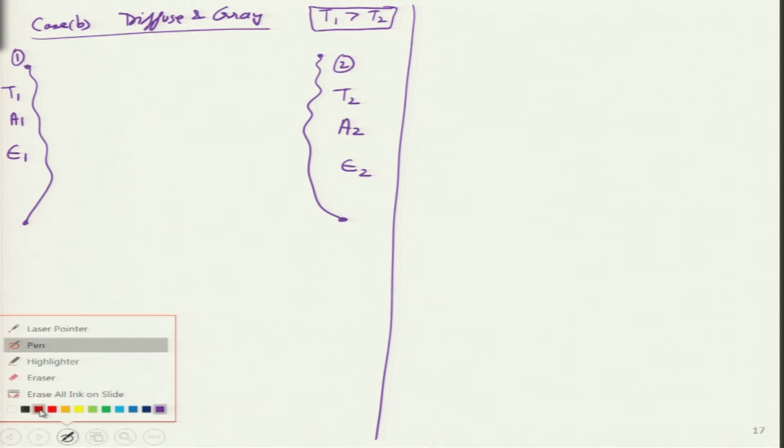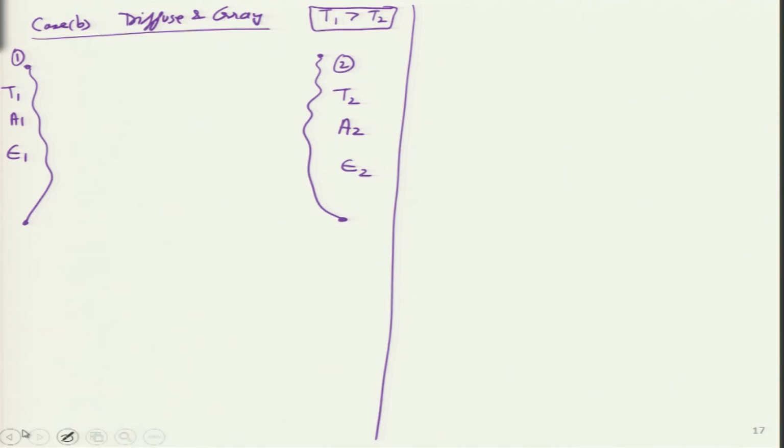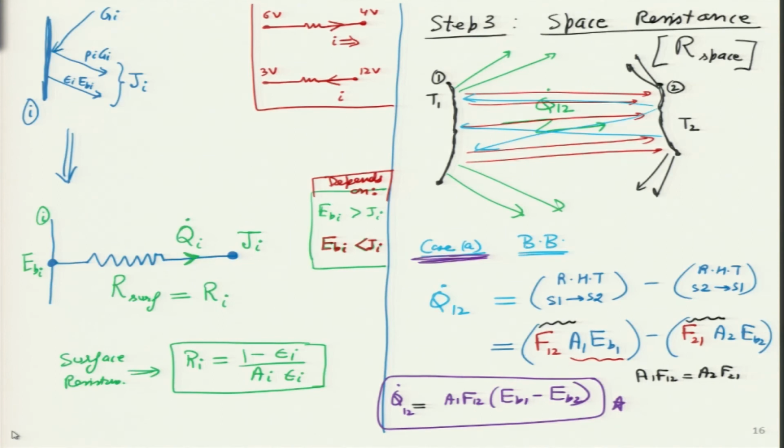Now let us recall, we will for a very short time go back to the previous slide and try and imagine this picture in our mind. Maybe I will circle it with yellow color over here. Please keep this surface resistance picture in our mind, because this is true for gray bodies, which means we have EB1 over here and we have J1 over here, some current is flowing in between.